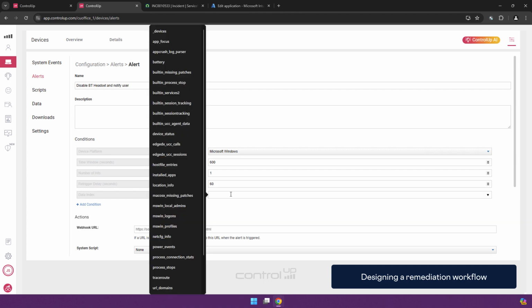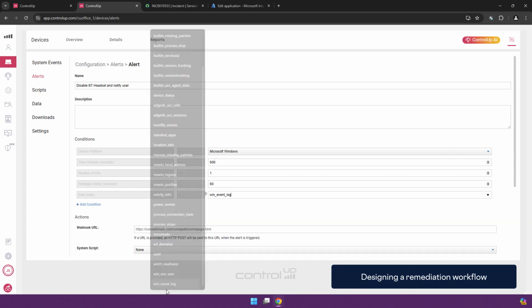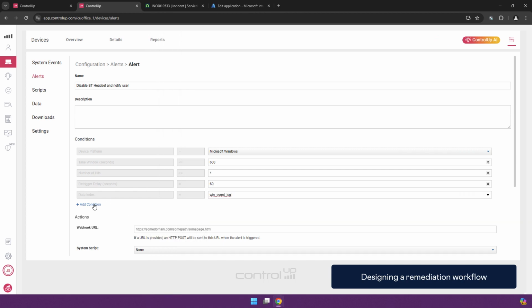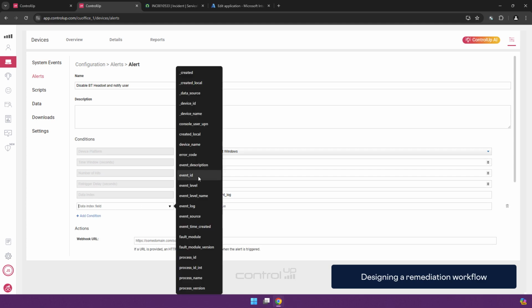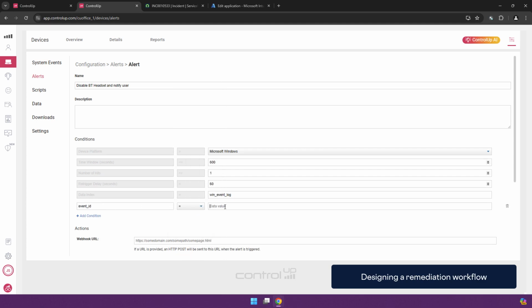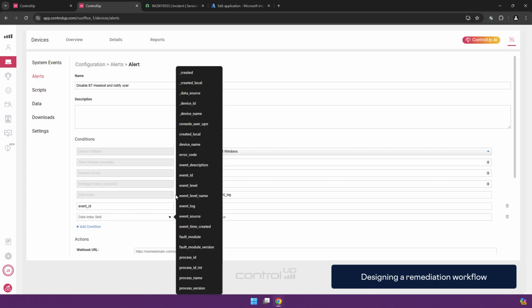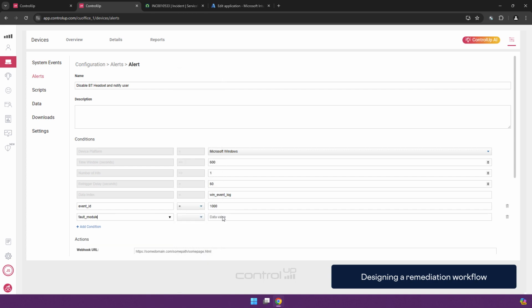So what are we going to do? Well, we're going to look at the particular Windows event log. I'm going to add the condition that if the event ID is 1000 and the faulting module contains the word Plantronics, that should be sufficient to catch when this event happens.